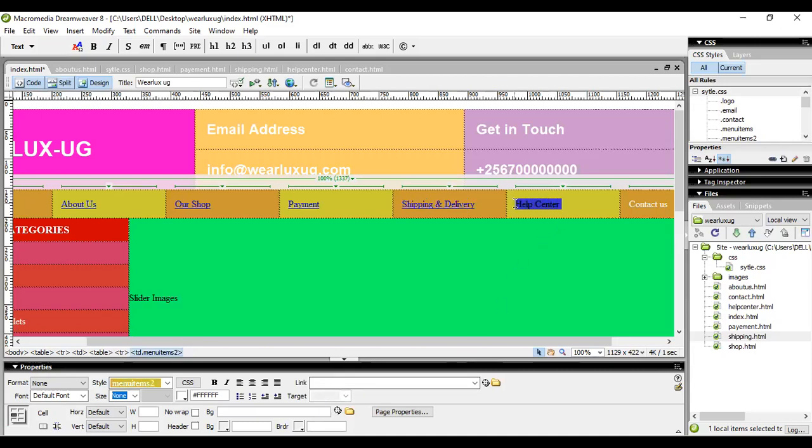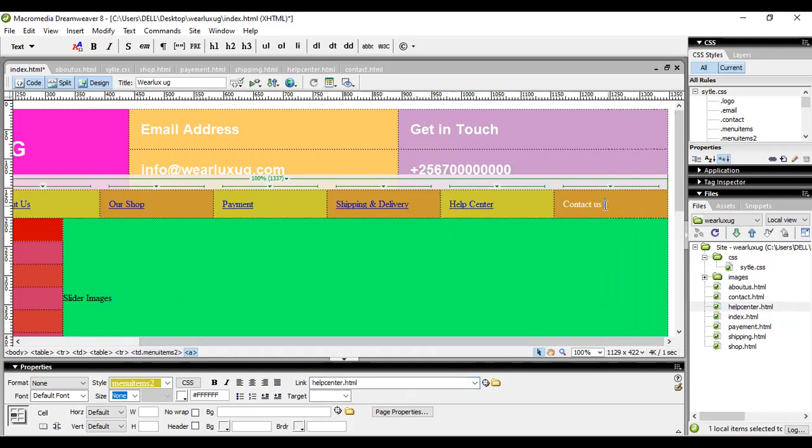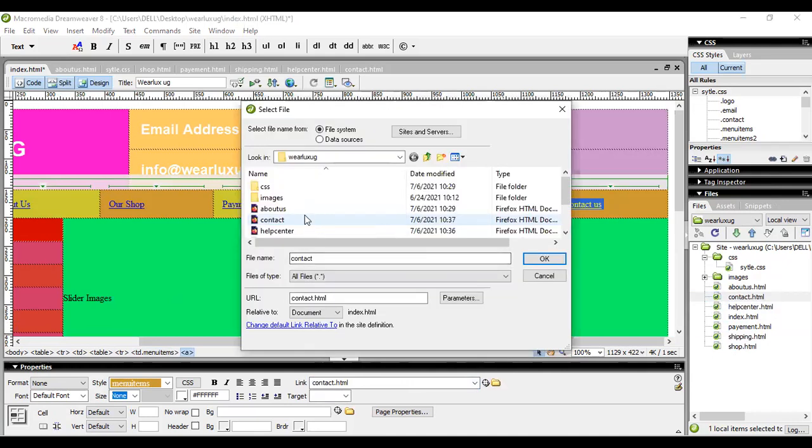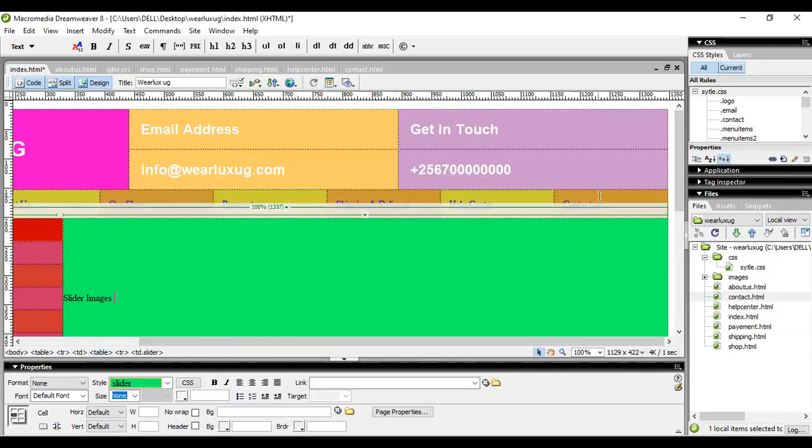So now help center will also link to what? To help center. So I will point it to help center. So it's on help center. Contact us, I'll make sure I link it to contact us here. But if you don't have this area here, you will just highlight, come here and select. Okay. So you just make sure